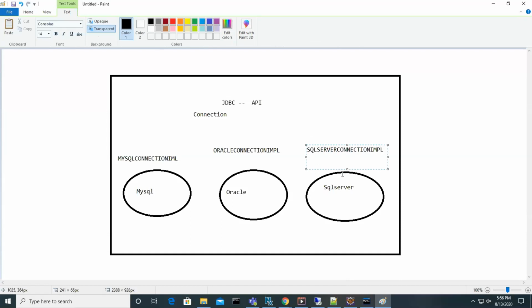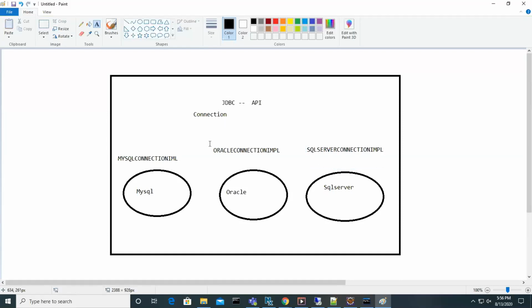Okay. So now look at this, guys. Everybody is using the Connection interface only.